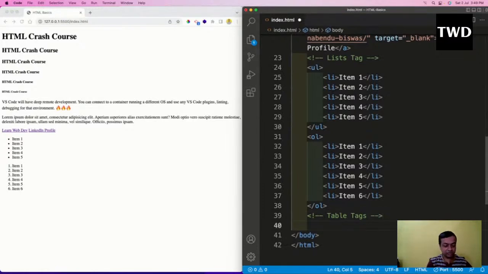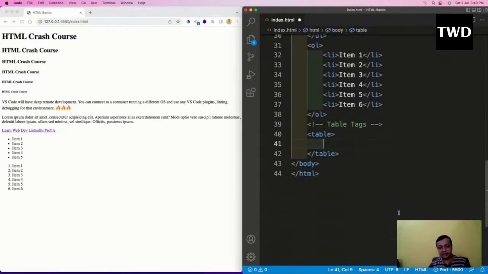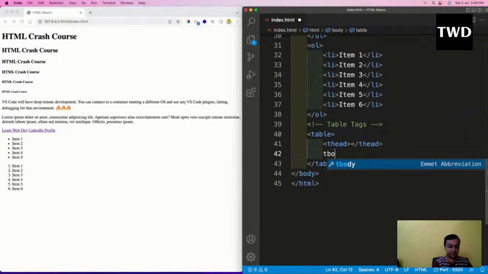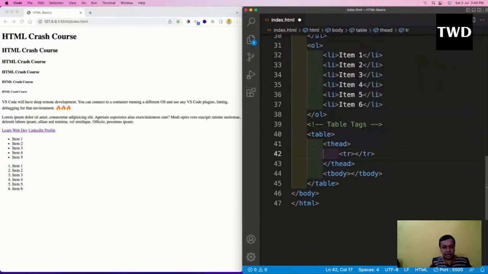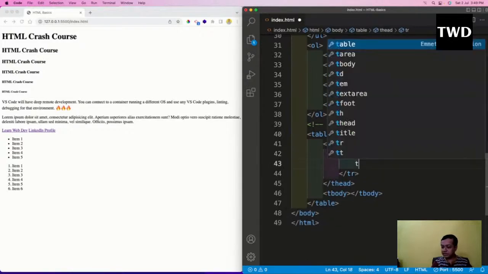Okay, so then I'll do a table here, and inside this table I have something known as a T head, and I have something known as a T body. T head and T body I have. In this T head, I will have a TR,